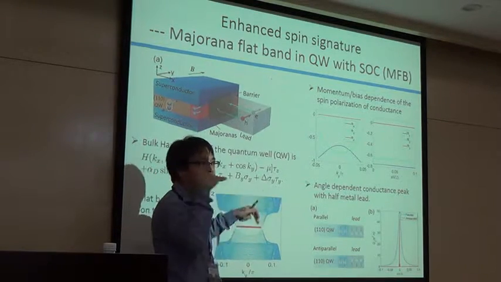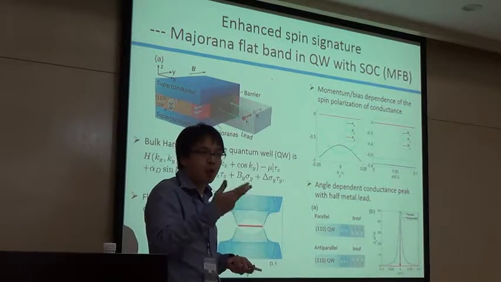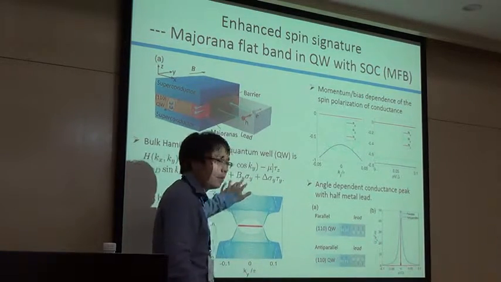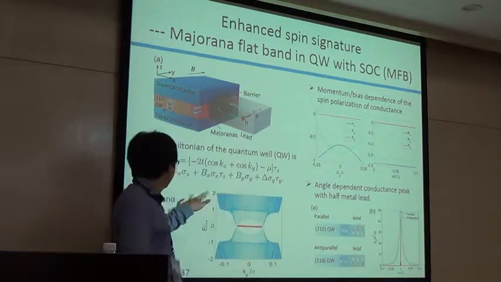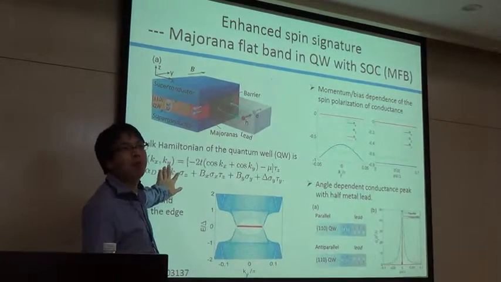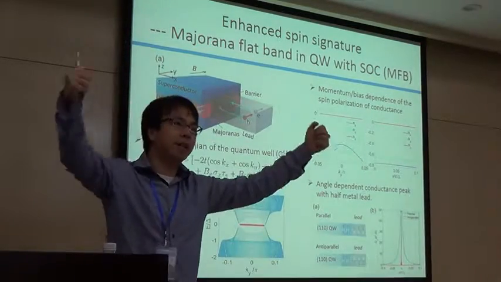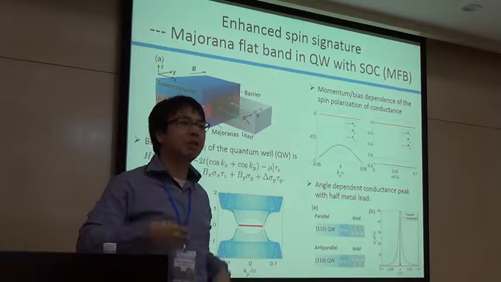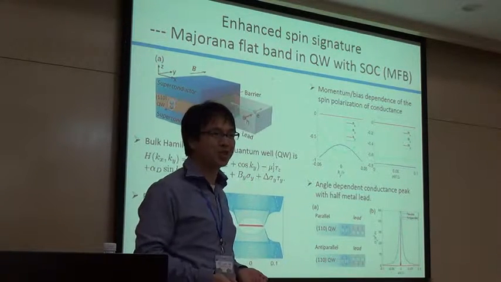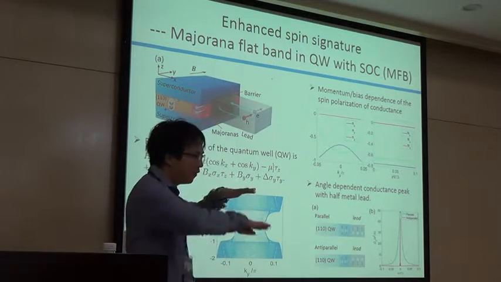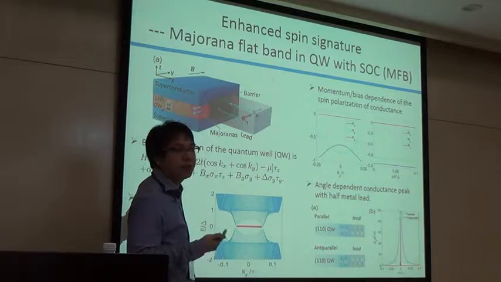Of course, the external field you apply is just a constant By. But here, it is not the magnetic field you apply. It is the momentum which is coupled to the spin. So electrons at different momentum experience different spin. The larger the momentum is, the larger the spin. It's very interesting actually. But of course, you have the Fermi energy pinned in. So this roughly is the Fermi energy, Fermi kF.